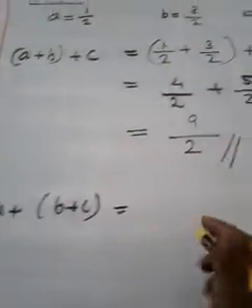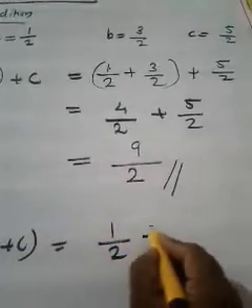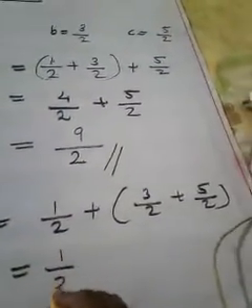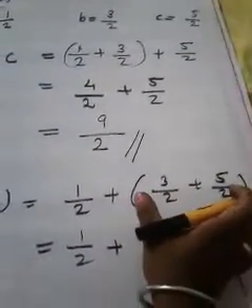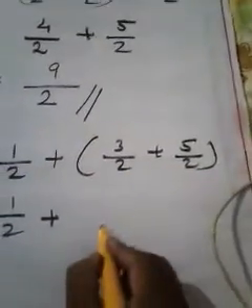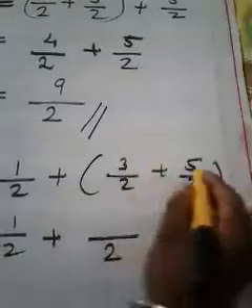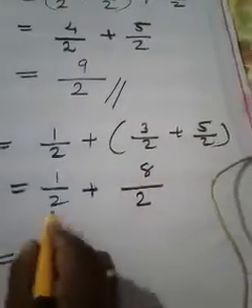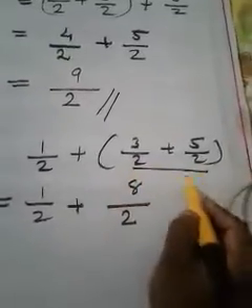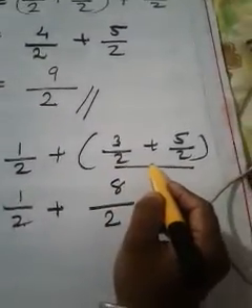And how you can calculate the second time? It becomes 1 by 2 plus 3 by 2 plus 5 by 2. Now you just see, it becomes 1 by 2 plus, you have to consider the bracket first. You have to give preference to the bracket. Now you just see denominator is same. Just write that. What is 3 plus 5? 8. Now you just see again denominator came same. See 1 by 2 as it is. Here I got the answer as 8 by 2.